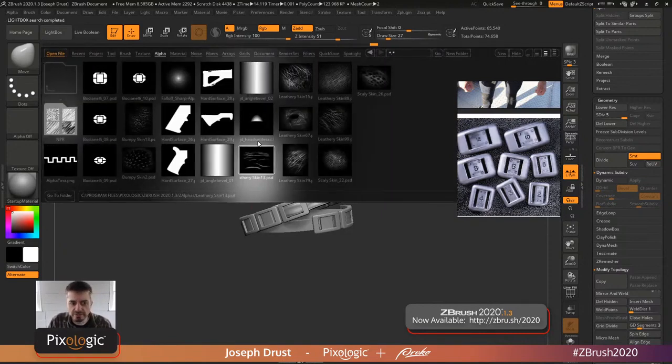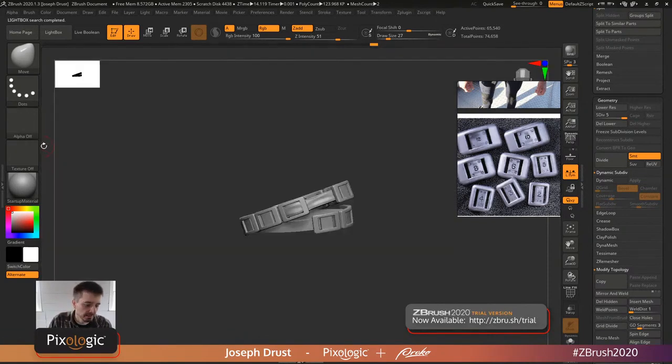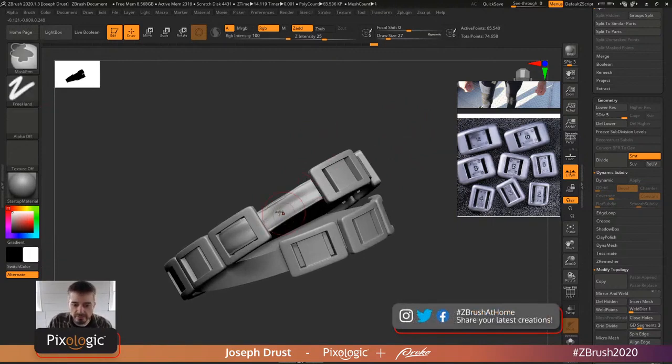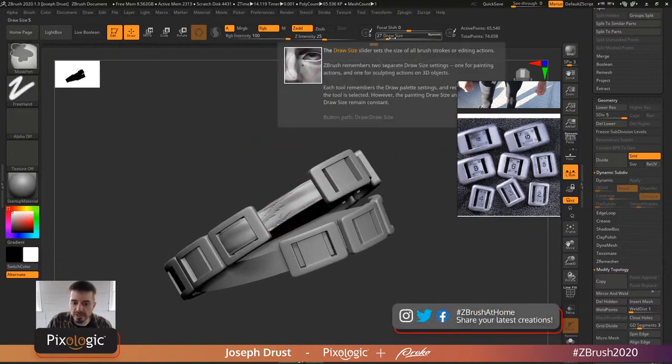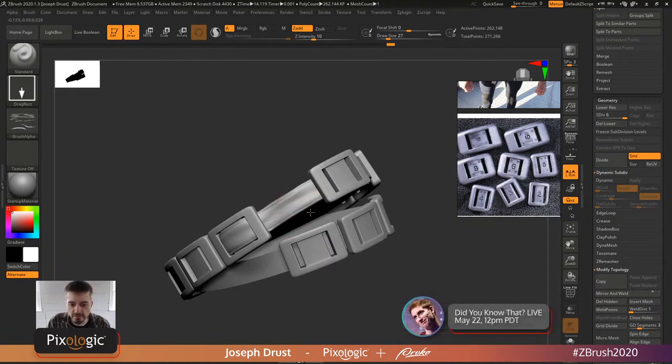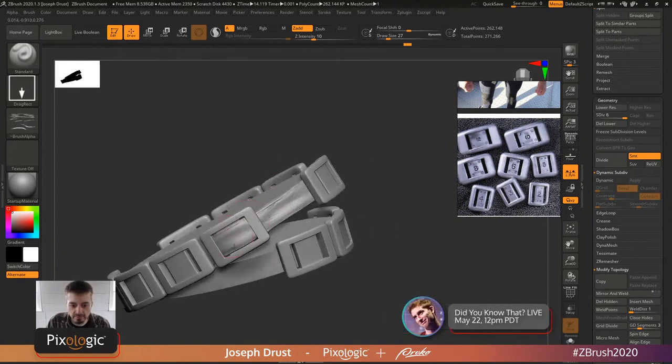There's like some of these scratchy alphas you can use, like this leather skin alpha, and I'll take that and load this in on a standard brush. You need to make sure you have enough topology. But then for leather stuff, oftentimes dragging it out is a lot quicker than, say, applying it in terms of texture detail. So you can quickly come through, and if my dragging process is working here. This isn't the most perfect alpha, but this would be what I'd probably end up doing, or you could even use the spray stroke